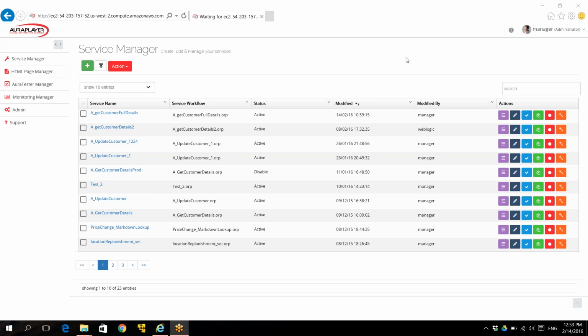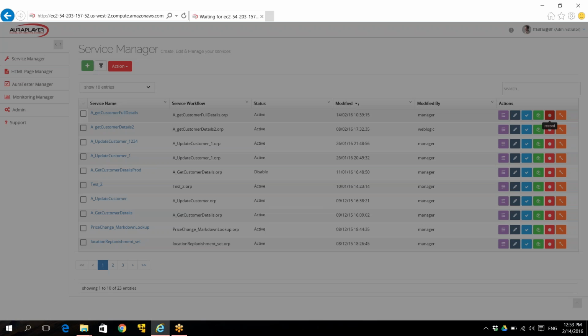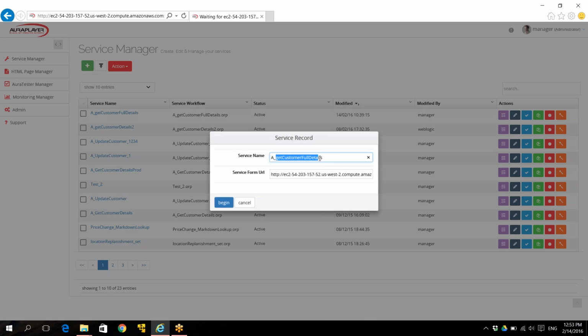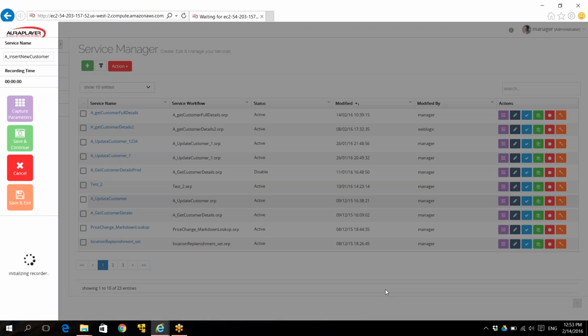Hello, today I'm going to show how to insert a new entry into the tables, into the database, or into my form. In this case, it's going to be insert new customer. I'm going to record now the same forms that we were using for the other recordings. I'm going to change the service name to insert new customer, and I'm going to start